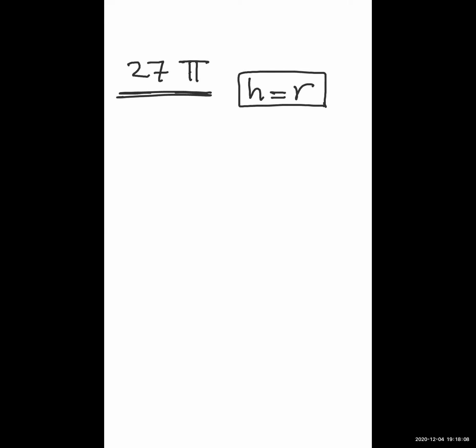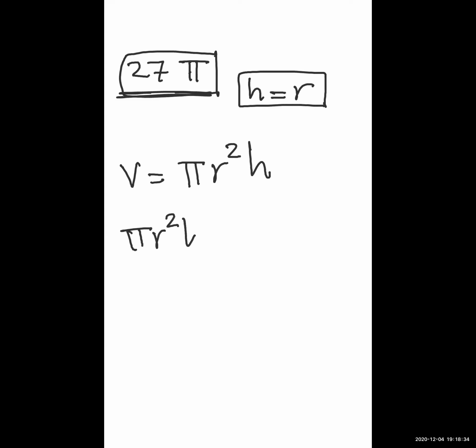Find the radius length of its base. Now this is the volume. The rule of the volume of the cylinder equals π r squared h. So now the volume is given 27π, so π r squared h equals